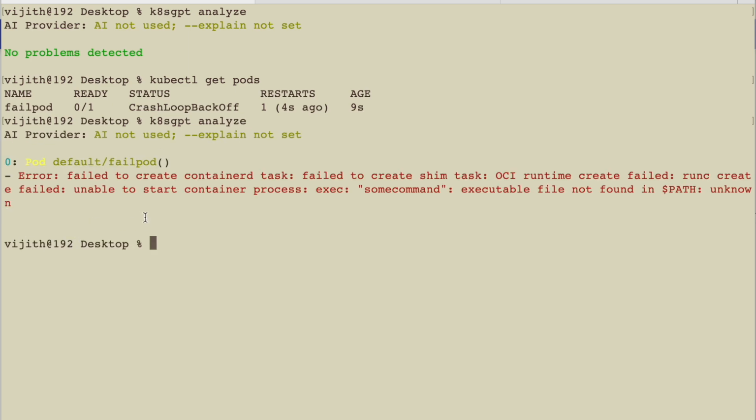Okay, all right. So it has detected this issue here, right? It is showing that the command executable file is not found. So in this case, it could grab the error statement here. So this gives a hint to you on what the problem is. Now let's see how we can use the explain command and make ChatGPT explain what we can do about this